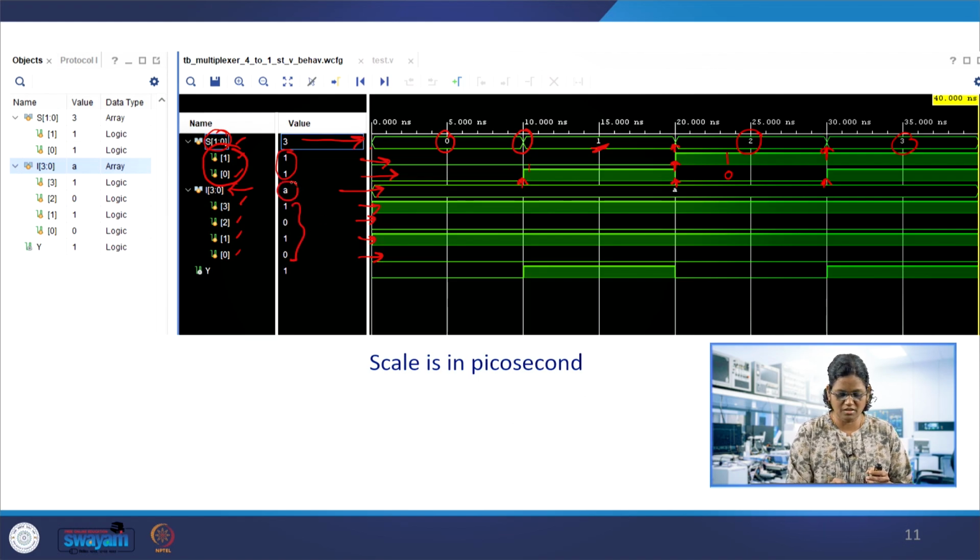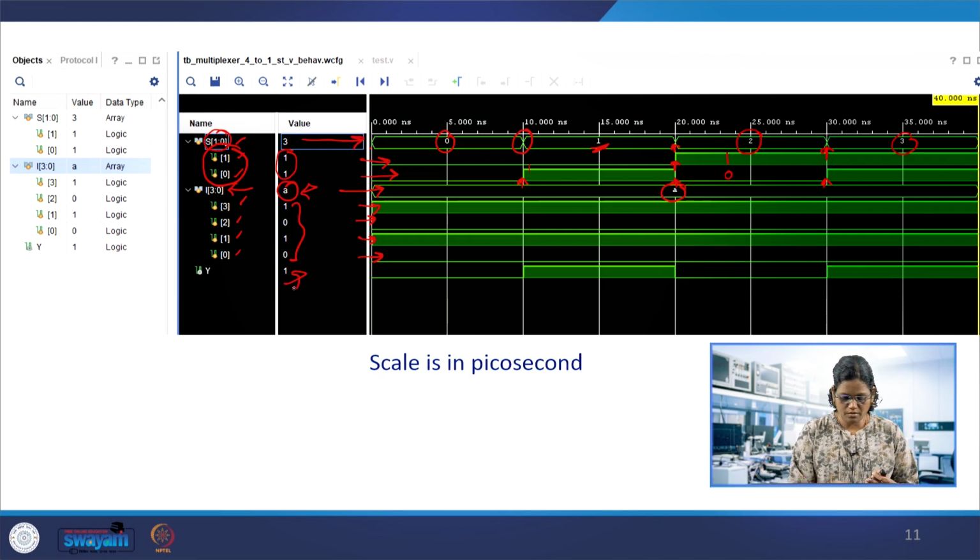The 10 is viewed as shown here with this radix, and so it's A instead of 10. That is why it is showing A. So, the 4 bits are combined here. There is no change shown over here, but by changing the radix it is also possible to show it.